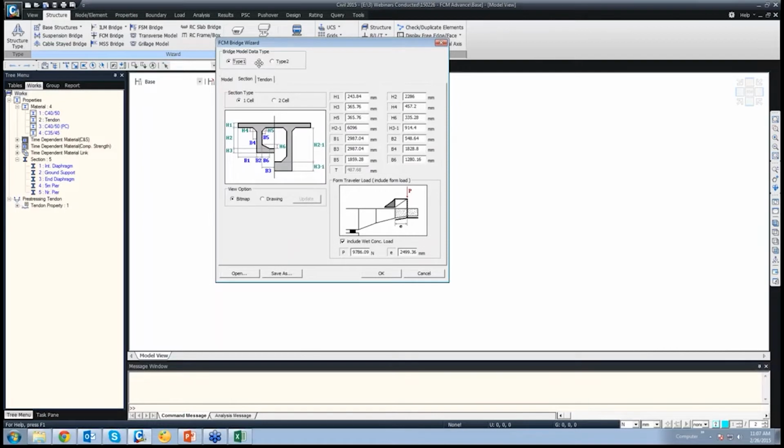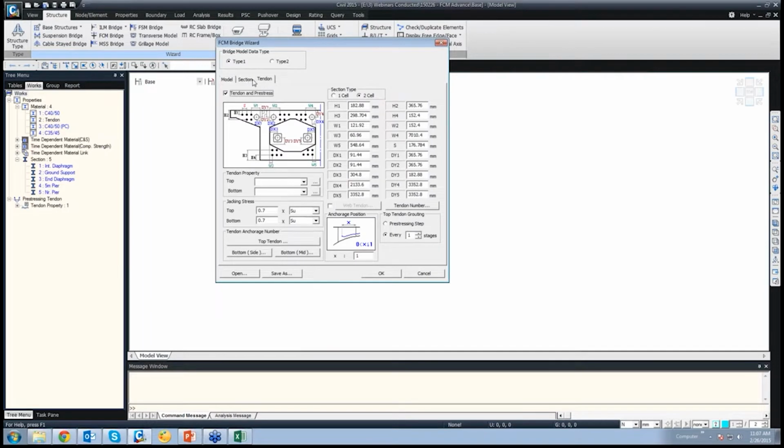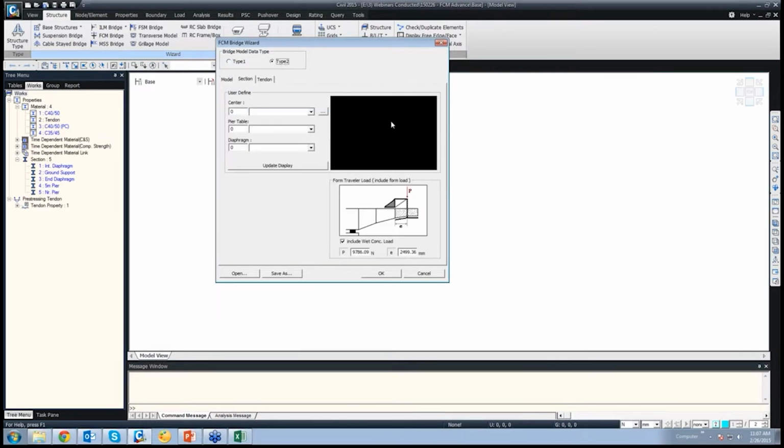If you are doing it by type 1, you could enter the section dimensions for the section at the support and at the center. But since you have already defined the sections, we'll be using that one. So at the center, we'll be taking the ground support.